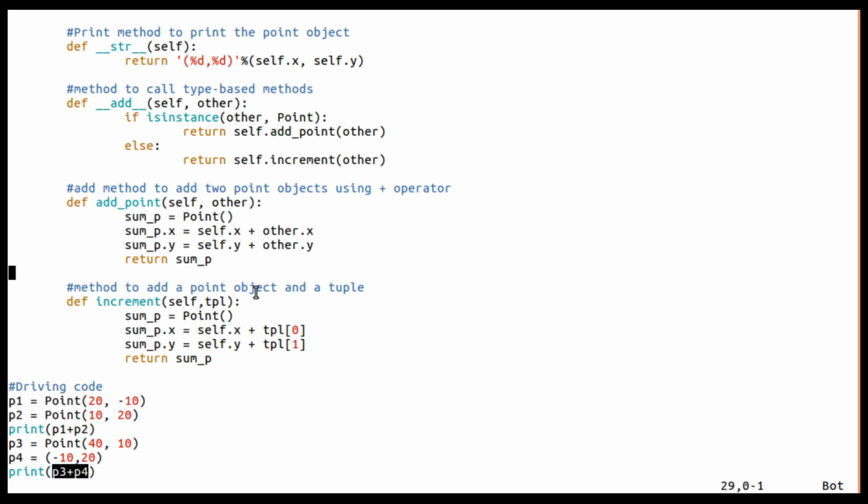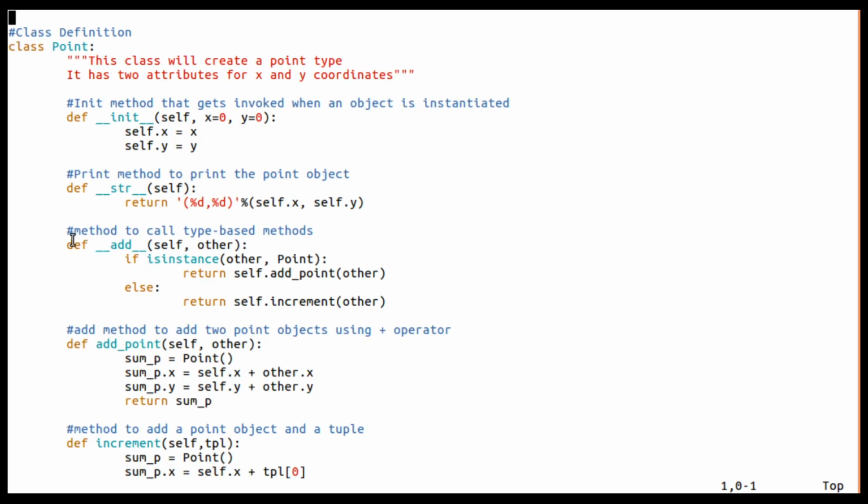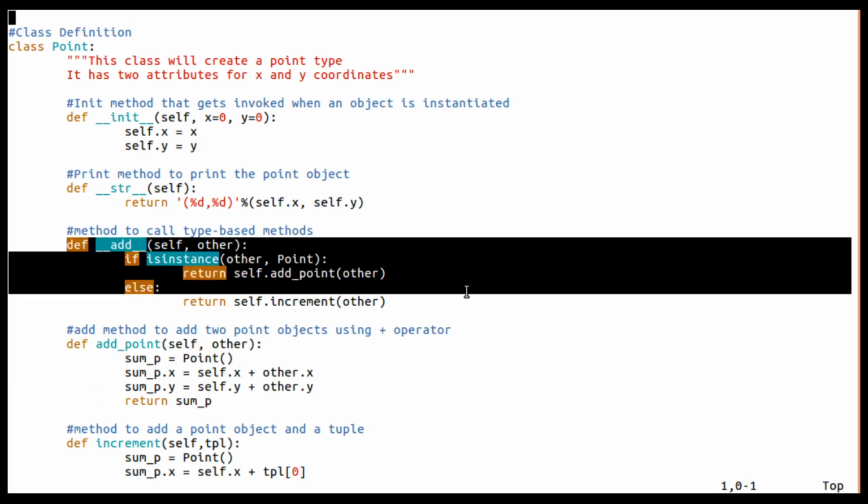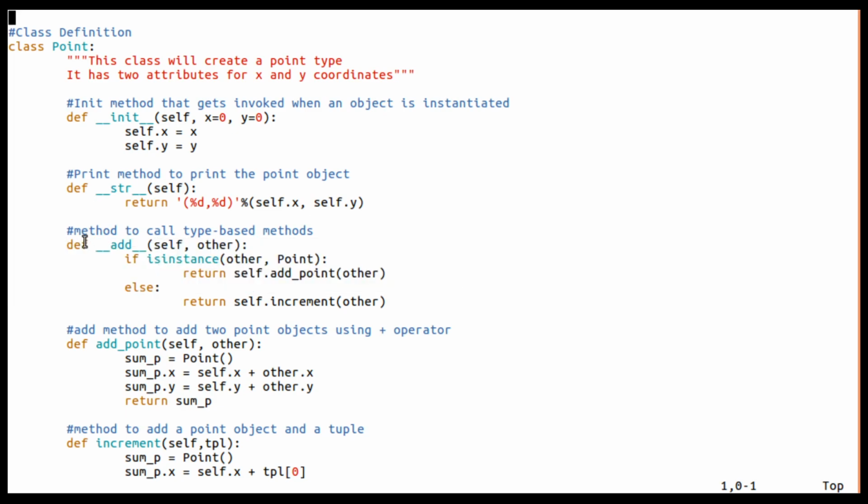But before that, this is the add method, a method to overload the plus operator, which takes 2 objects, one is self and the other one is other. Here we test whether other is a Point object or not. For that purpose, we use a function called isinstance. If other is an instance of Point, then call the add_point method.